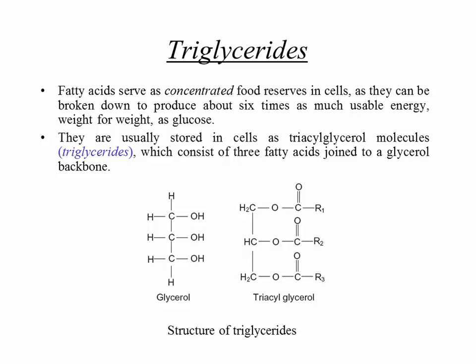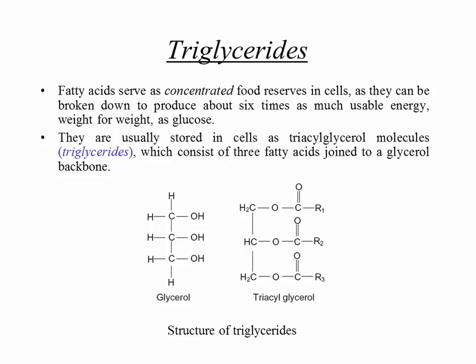So the structure that you see on the left is a glycerol. It's like an alcohol. You can see those 3 OH groups. Now, at each of those OH groups, you basically have a fatty acid that gets inserted. It's like an alcohol reacting with the carboxylic group of an acid to produce an ester. So at each of those locations, you have fatty acid number 1, which has got the side chain